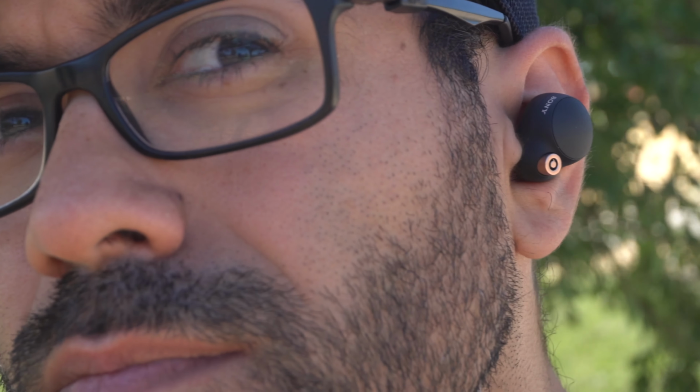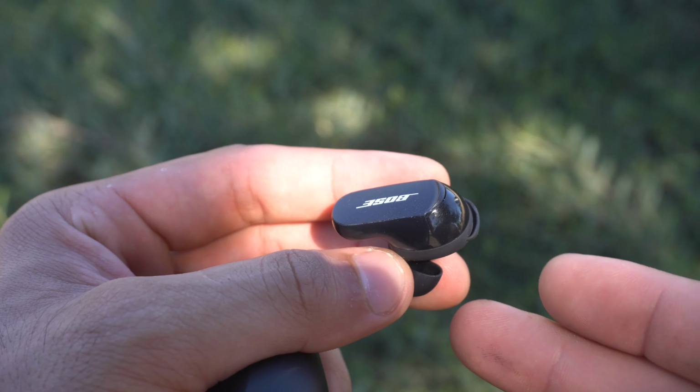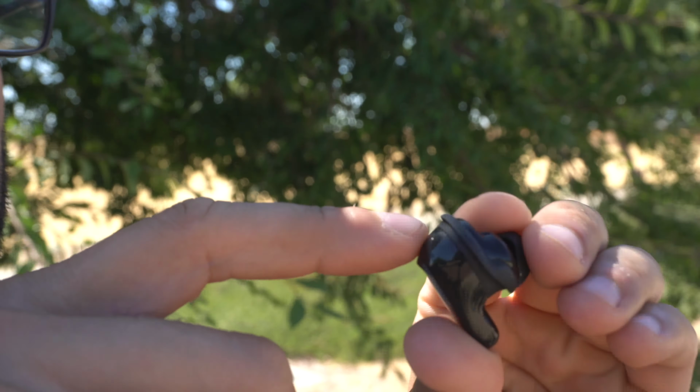Yeah, these stick out a lot, but nowhere near compared to the QuietComfort 2 from Bose, because although these do have the built-in wing design, which means these are more likely to stay on your ear if you're working out, these stick out a lot. And then of course, let us not forget the AirPods, whose weird stem design now somehow became an iconic look. It seriously is a draw between comfort, because the AirPods Pro 2nd generation are as comfortable as the